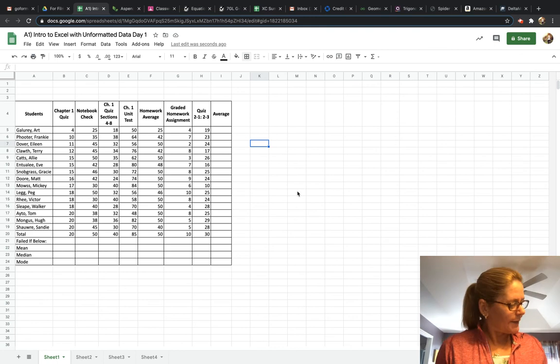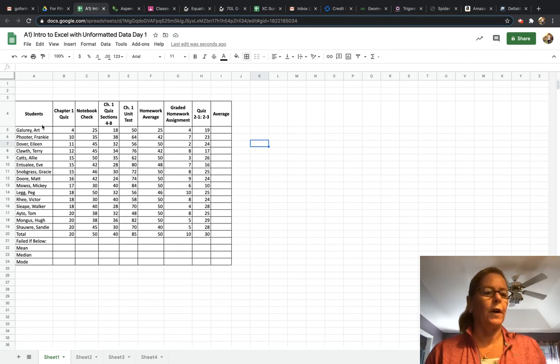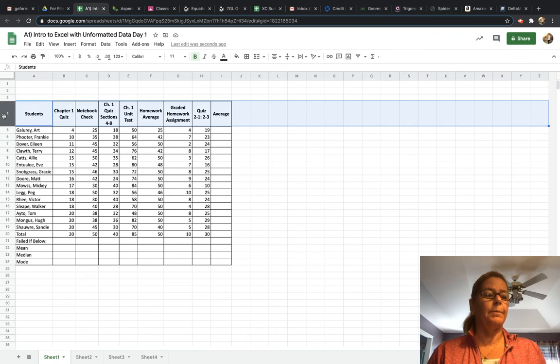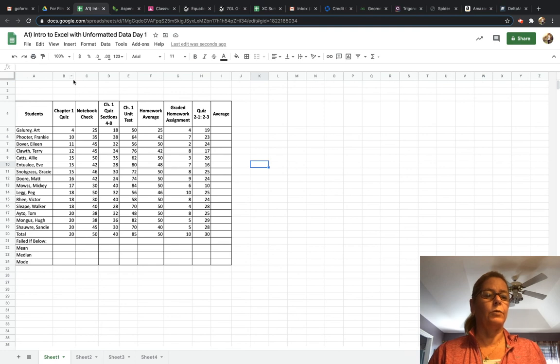All right, so what we've done so far today is we have done text wrapping, which happens right here with our text wrap. We have centered vertically, we have centered horizontally with our titles, and we executed it by hitting the whole row by choosing the number of the row. We also learned how to increase our column sizes, and we learned how to put a border